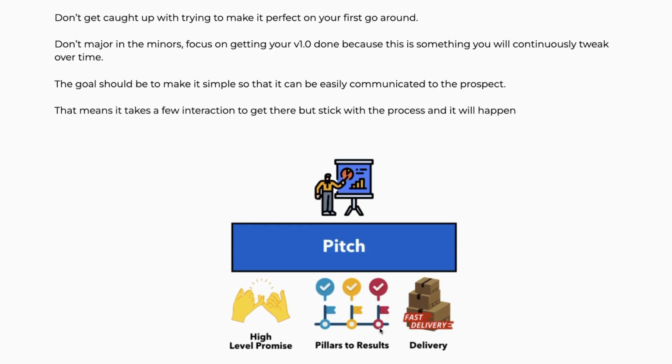Focus on getting your version 1.0 done, and really just make sure that it actually flows, that it sounds like a dialogue, and it has the principles that we are aiming for, right? Really, the biggest thing that you should be wanting to accomplish with this is that it's simple and it easily communicates to the prospect what you're going to help them achieve and how you're going to help them achieve it. And then over time, you'll be able to create multiple iterations of it and perfect it as you actually get